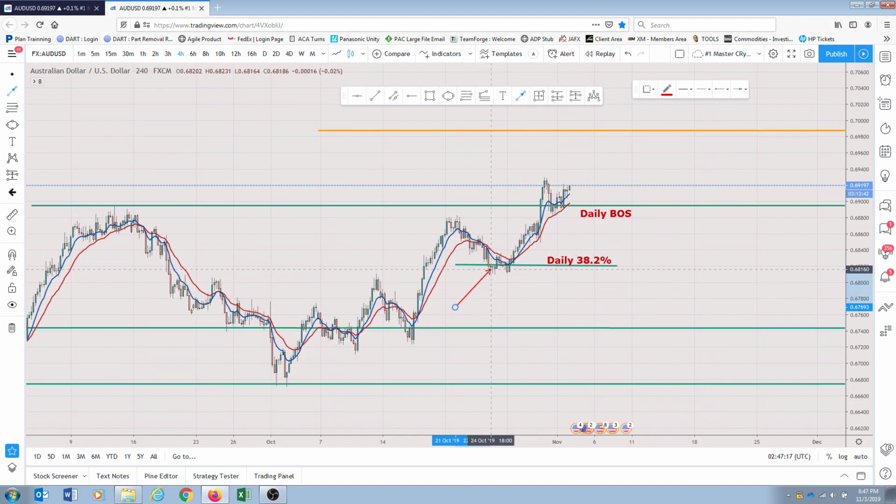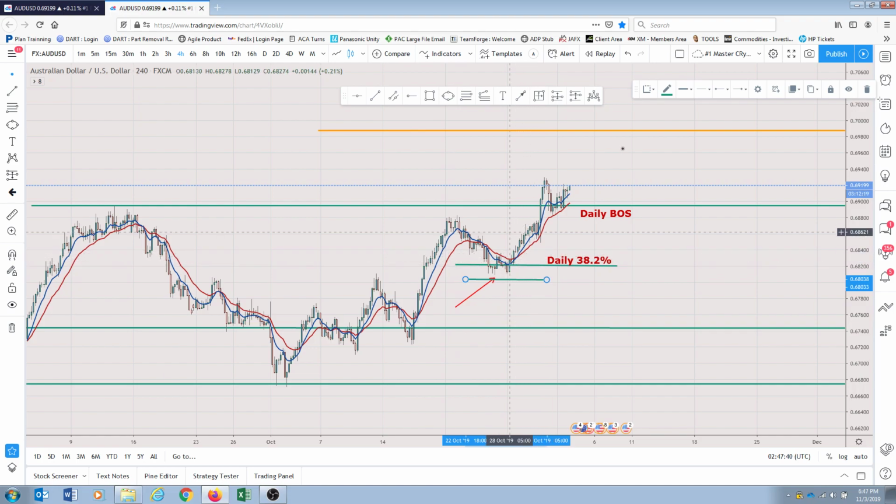So on the 4-hour time frame that I'm on now, let's look at the 4-hour. I'm going to see, hey, we have a level here. We just formed a bullish engulfing. This would have been a possible buy opportunity right here. You could have put your stop loss right here